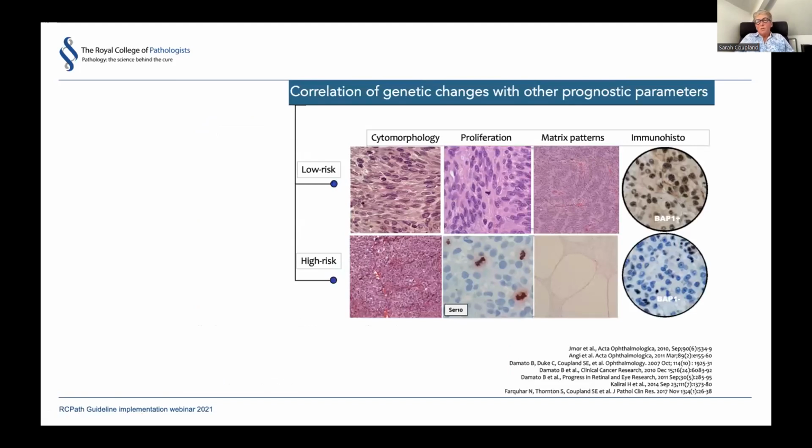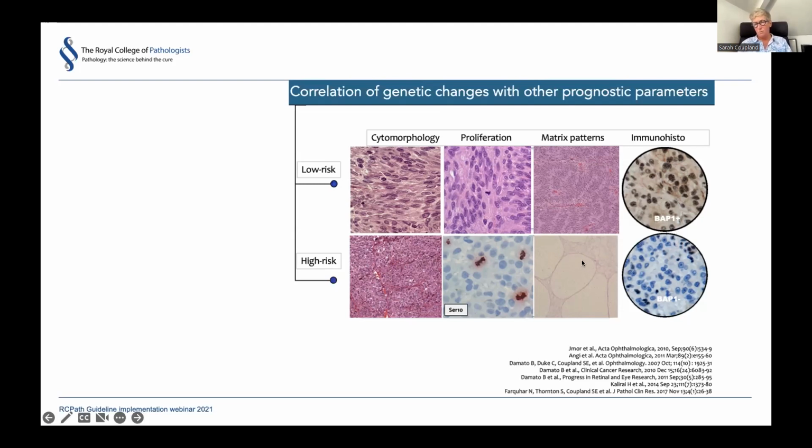So for the laboratories that cannot undertake all of the various genetic examinations of these tumors, in the meantime, a number of studies have demonstrated that immunohistochemical studies using BAP1 provide surrogate information regarding the status of the BAP1 gene. And so if you have nuclear BAP1 positivity, this usually correlates to a spindle cell melanoma with a low mitotic count, and